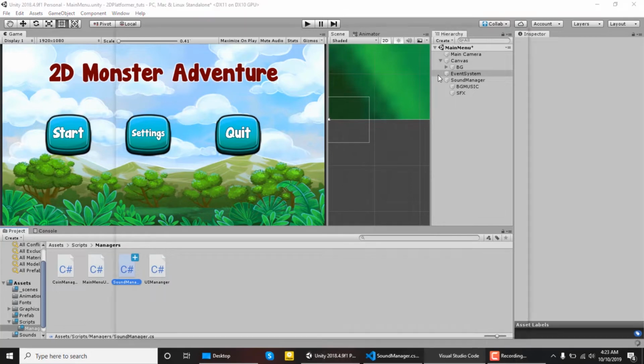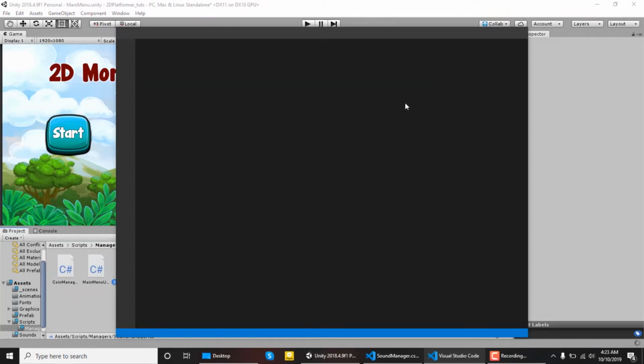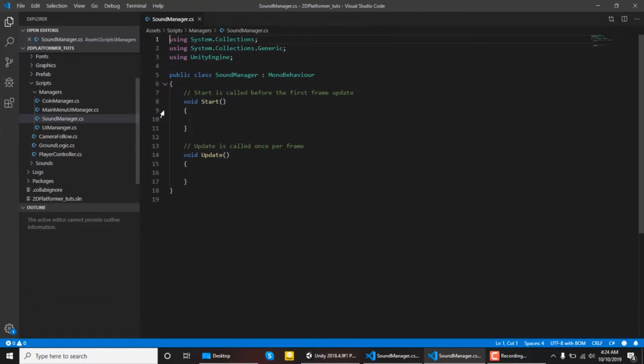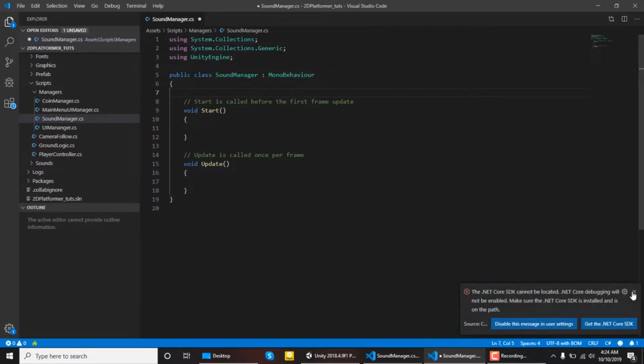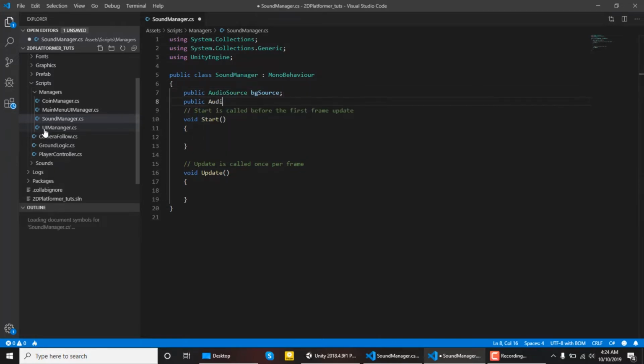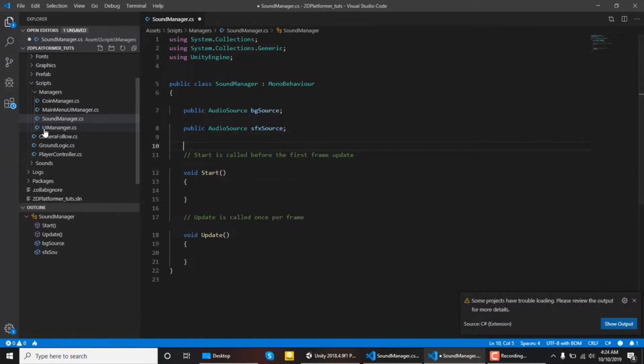Let's open this one in Visual Studio Code or whatever IDE you want. Now let's create references to our audio sources. Public AudioSource BG source and public AudioSource SFX source, and we're going to add the clips. So let's say public AudioClip,